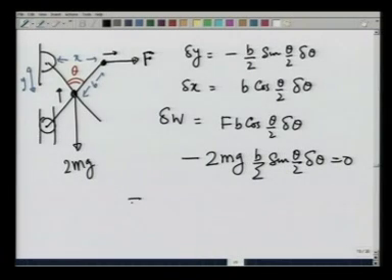You calculate this and you get F equals mg tangent theta by 2, and that is your answer that we